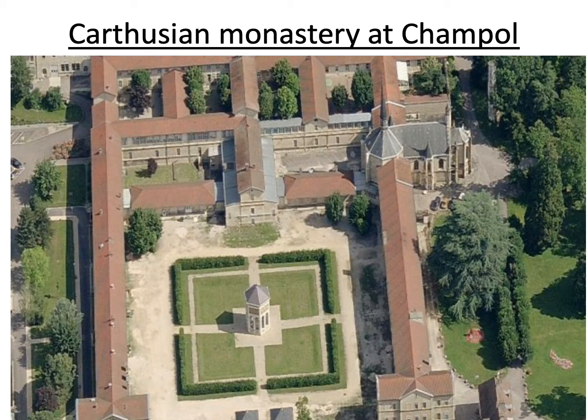Each of the dukes that you saw in the previous slide married well, and that intermarriage helped the countries become powerhouses. They had art that they commissioned, and one of the pieces of art that they commissioned was a work of art for a Carthusian monastery in Champol, which is what you're seeing an aerial view of now.